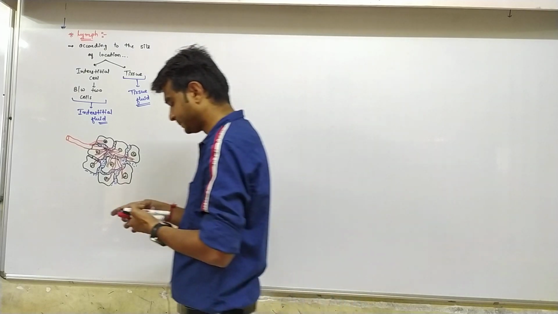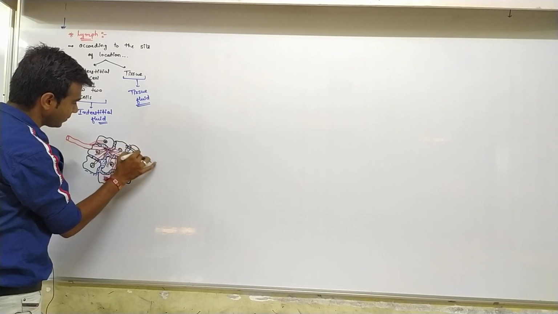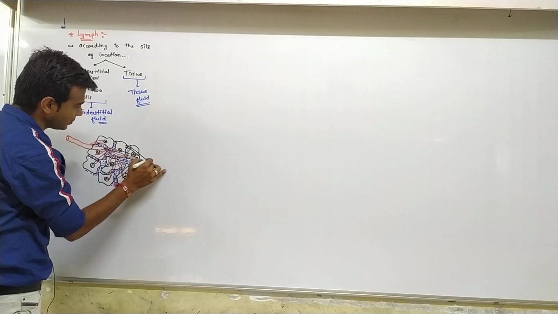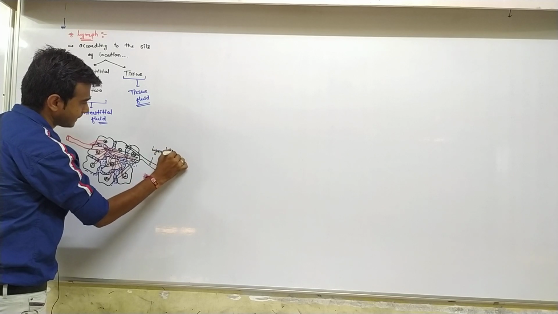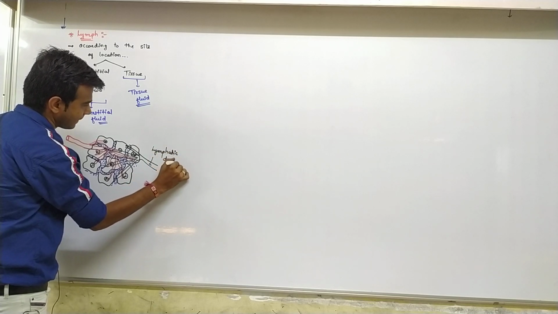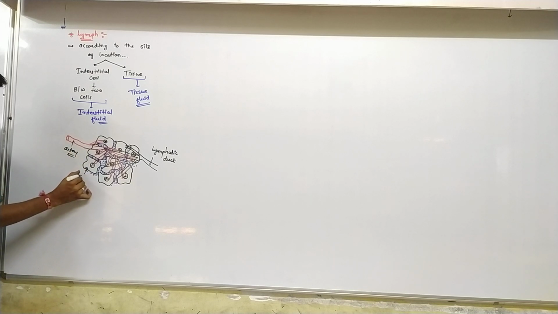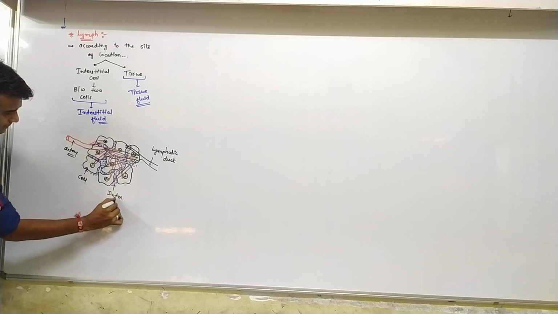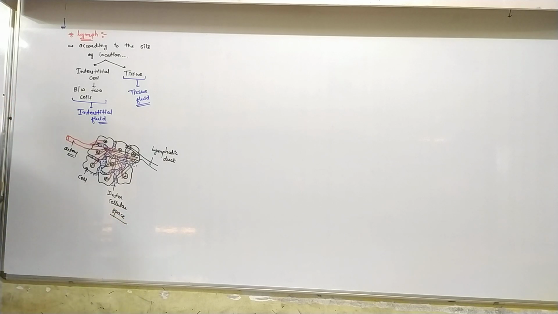Fine. So here I am drawing with the black color. Actually a much more network structure is there here. So understand it properly. That is known as the lymphatic duct or lymph vessel. You say that this is the artery, this is the cell, and this is the intercellular space.